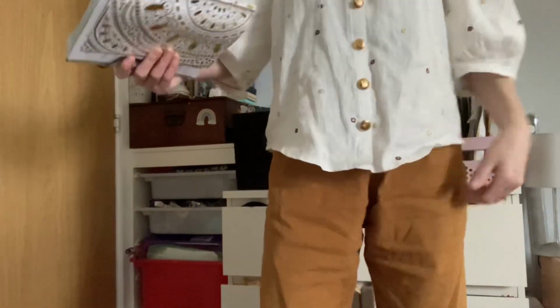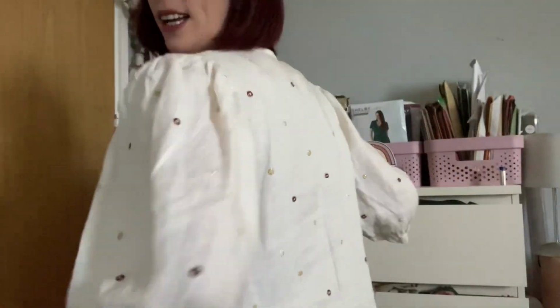I think it's absolutely beautiful. It's got a slightly curved hem, which I think is a really beautiful feature as well. So if I stand up, this gauze does crease, you can see. I had ironed it, but it does crease. So it's got an ever so slightly curved hem on both sides, which I really love. It's super duper roomy, so you can see at the front and at the back it's